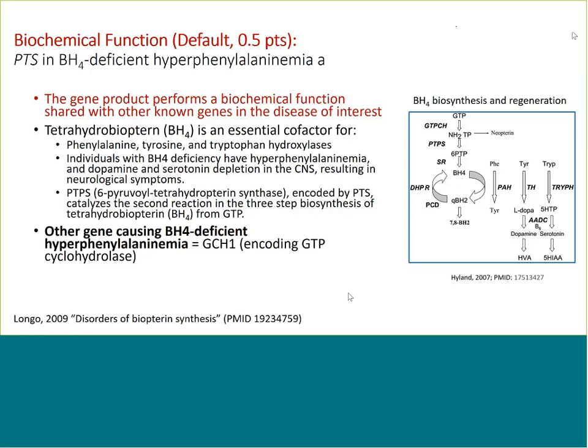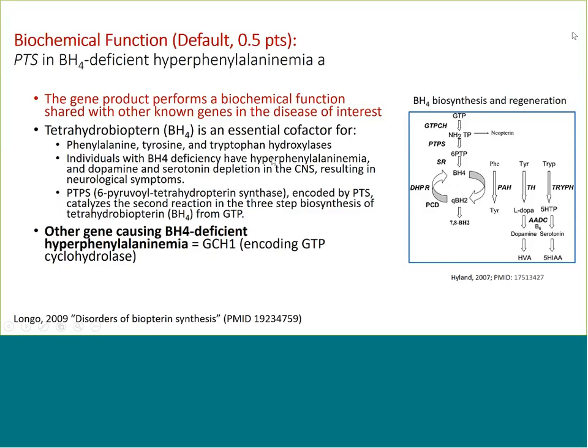So just to give you some background, the PTS gene encodes the PTPS enzyme, which is involved in tetrahydrobiopterin biosynthesis. Tetrahydrobiopterin is an essential cofactor for phenylalanine hydroxylase, tyrosine hydroxylase, and tryptophan hydroxylase. So without tetrahydrobiopterin, none of these enzymes can function correctly. So individuals with tetrahydrobiopterin deficiency have